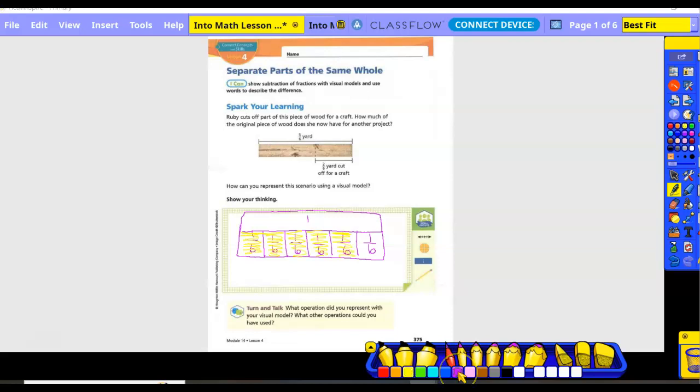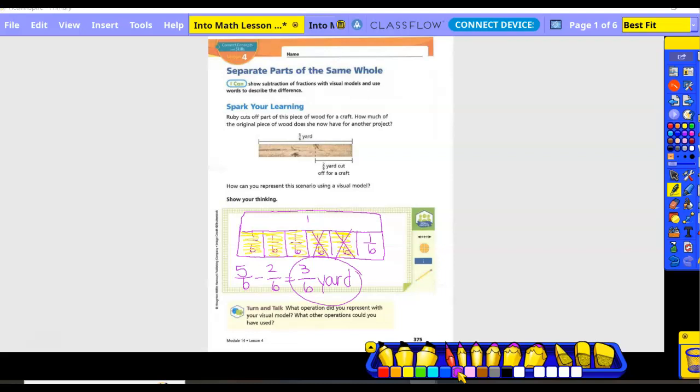Now, how much do they cut off for the craft? How many of those 5/6? 2/6. So I'm going to put an X on 2 of my 1/6 pieces. Okay, so if I took 5/6 minus 2/6, what am I left over with? How many pieces am I left over with? 3/6. And what's my label? 6